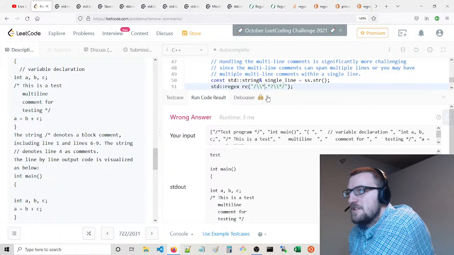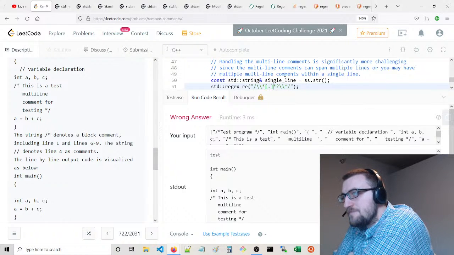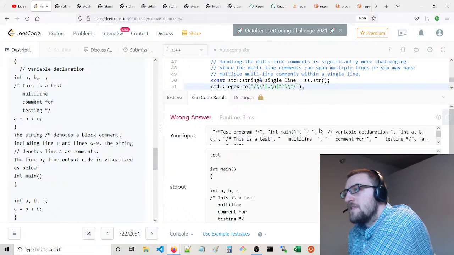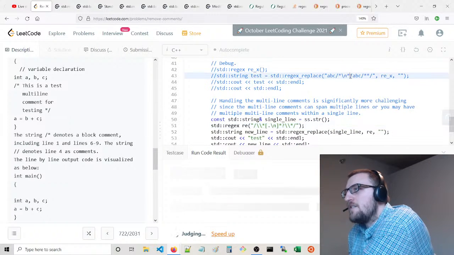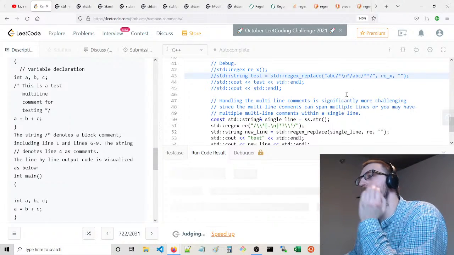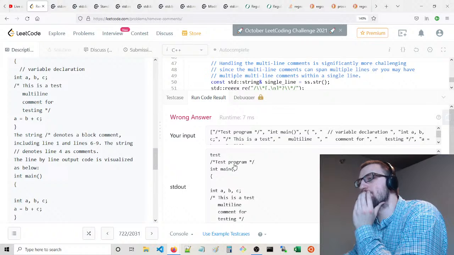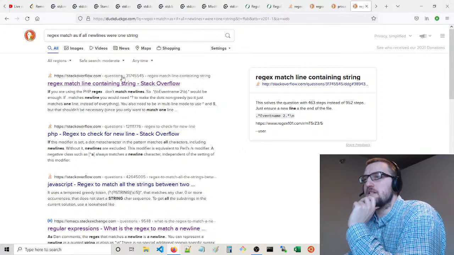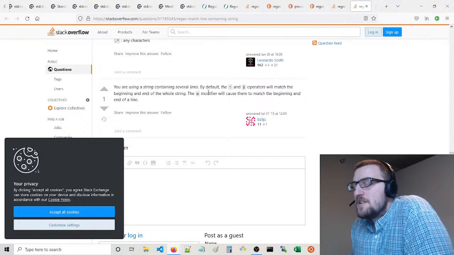I guess because it's not operating over multiple lines. That is why. Yeah, that's exactly why. Okay, that's the other issue. That's another problem.